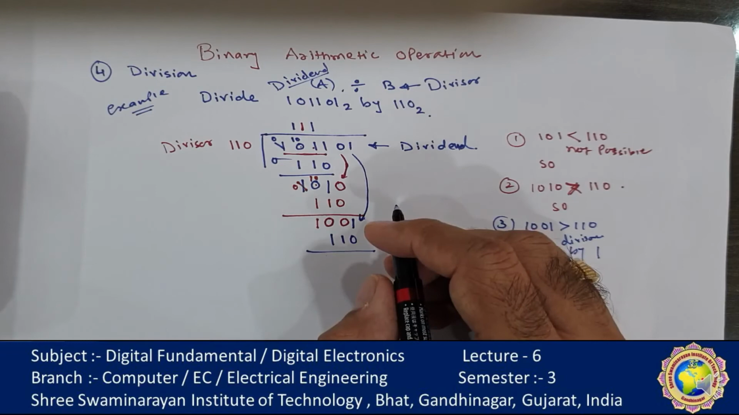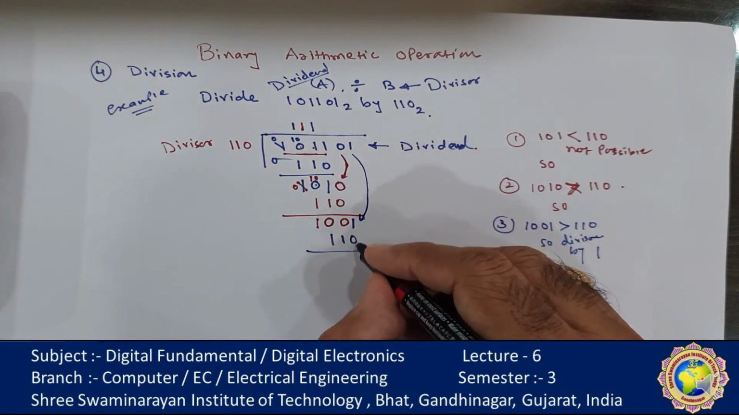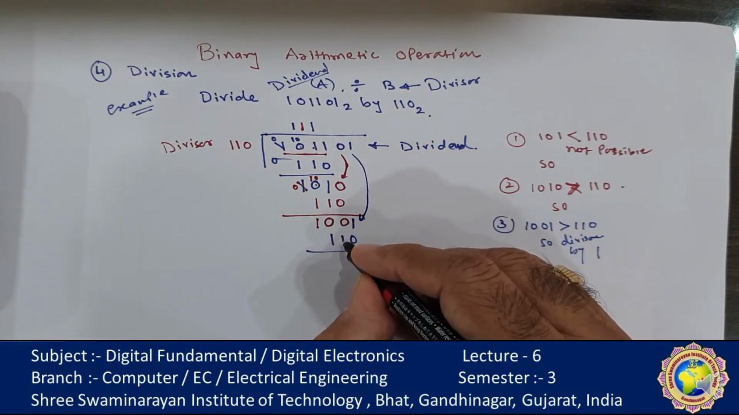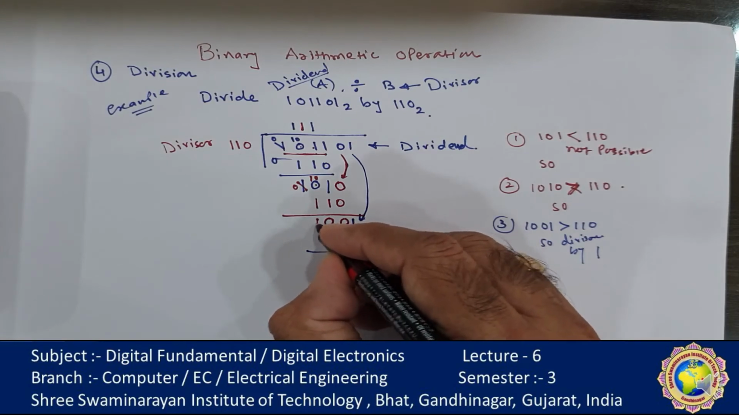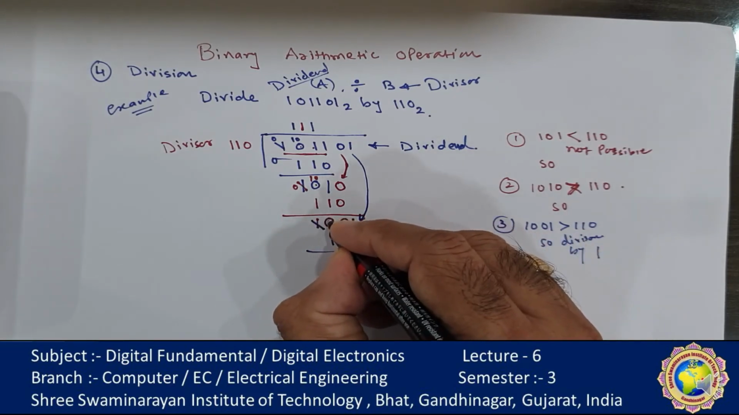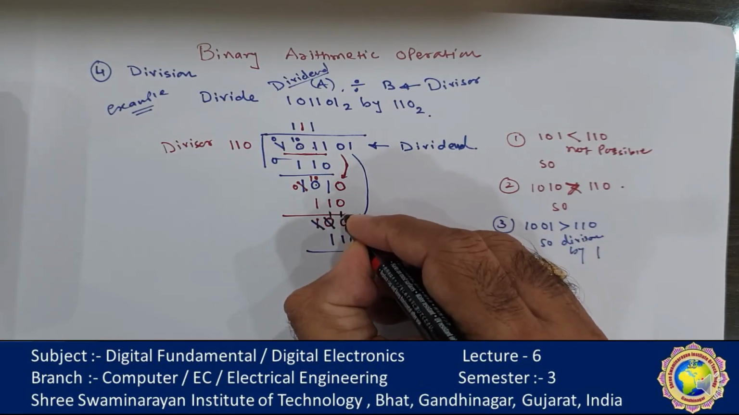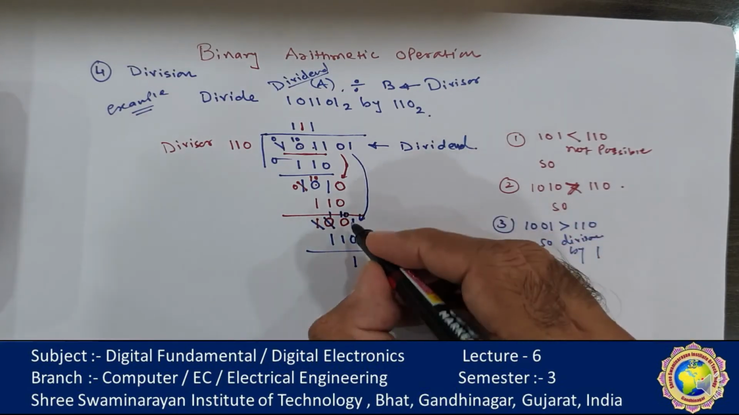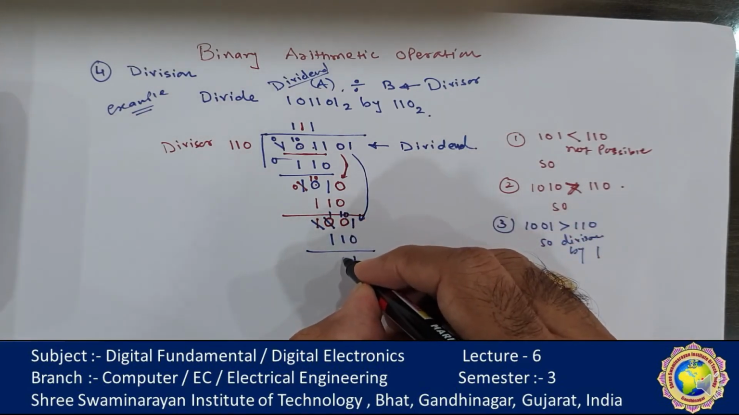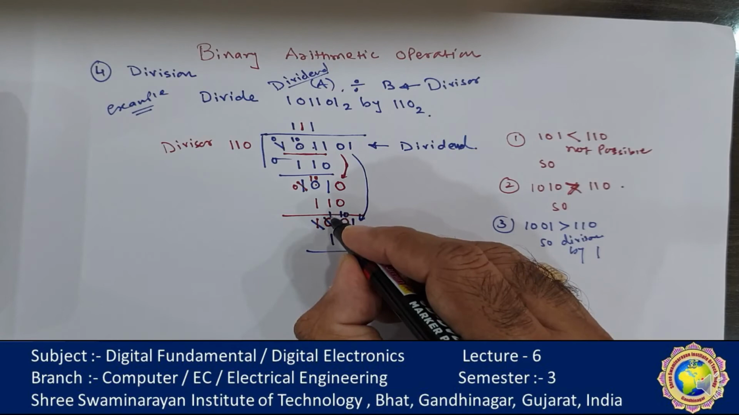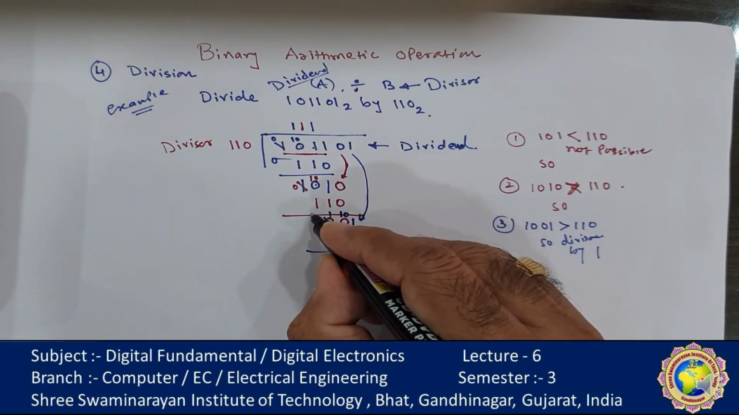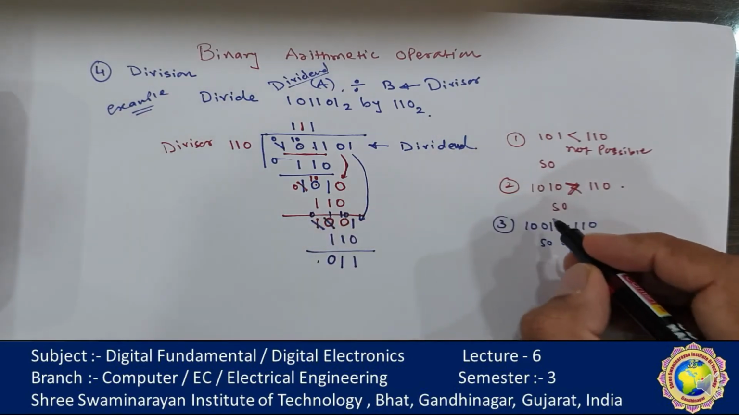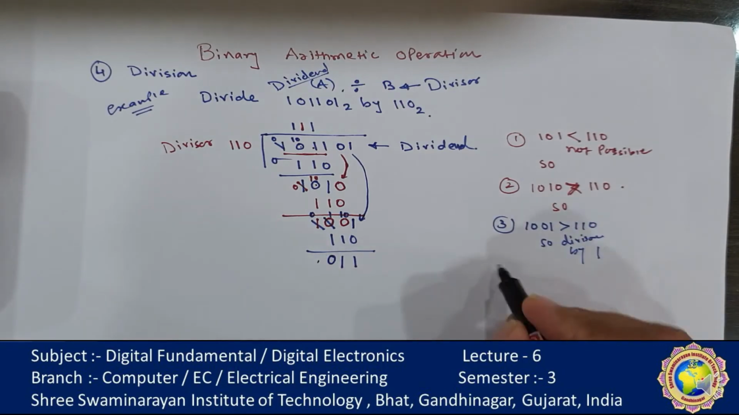Okay, so 1 minus 0 is 1. 0 minus 1 is not possible, so we have to borrow from the first bit. This will be converted to 1 and this will become 10. So 10 minus 1 is equal to 1, and 1 minus 1 equals 0. This is also 0, so we have not taken. Now 011